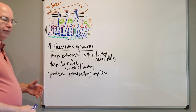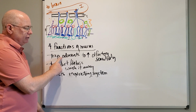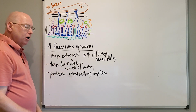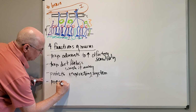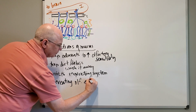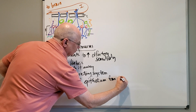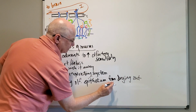Really these are the four functions. I listed it as four, but it's kind of really three, because not only do they trap the odorants, but that increases our sensitivity to olfaction. Oh, we could list this one. They protect also by preventing the olfactory epithelium from drying out. Okay, so